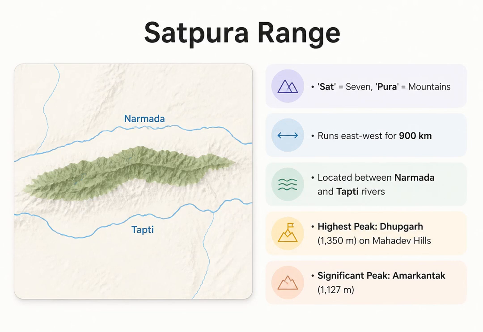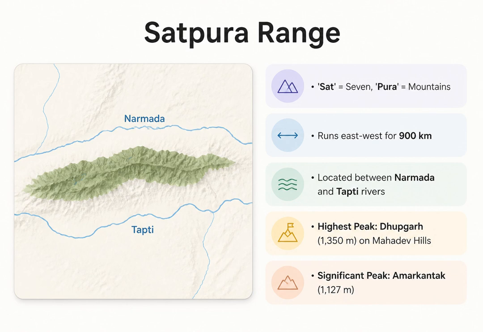Just south of the Vindhyas lies the Satpura Range. The name literally translates to 7 mountains. It runs in an east-west direction for about 900 kilometers, perfectly sandwiched between the Narmada and Tapti rivers. The highest point in this range is Dhupgarh, standing at 1,350 meters near Pachmarhi on the Mahadev Hills. Another highly significant peak here is Amarkantak, which sits at an elevation of 1,127 meters and serves as a crucial